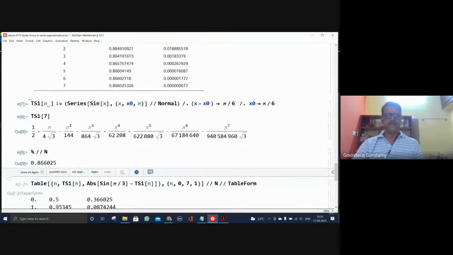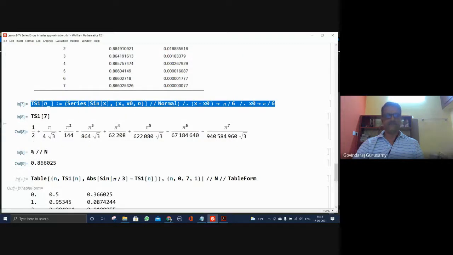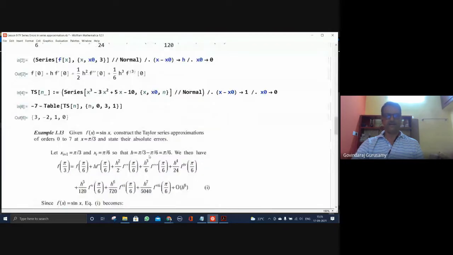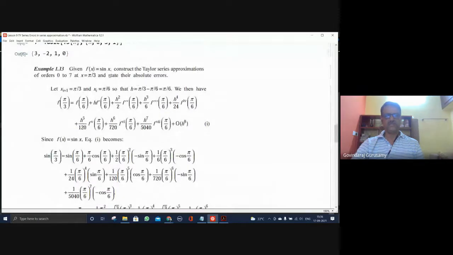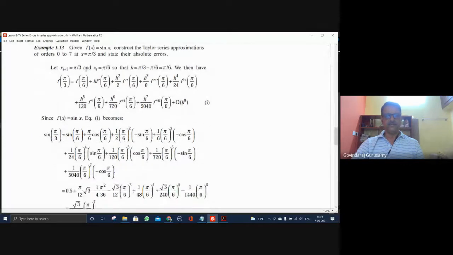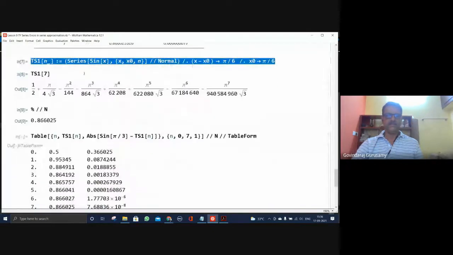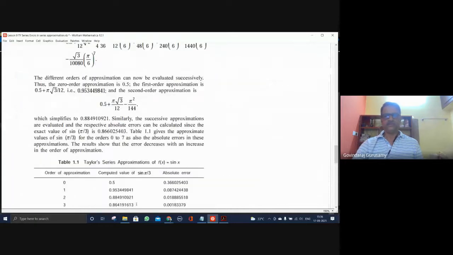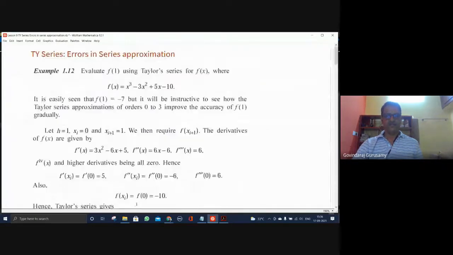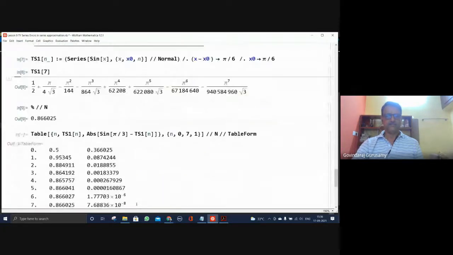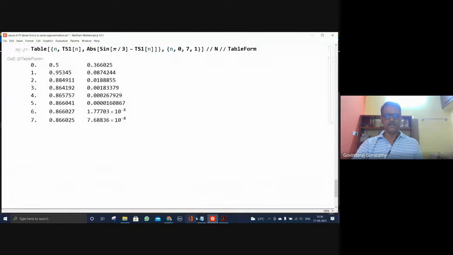But what is important is this is a one line result. That's all. We have put in a table that is being generated here. We don't have to struggle with this. Of course, as I said, you should know what is the theorem or theory that goes into that. That should be understandable. Then use it appropriately, understand it, and then put it in proper mathematical code. So this is how the approximations will be handled with the mathematical software.